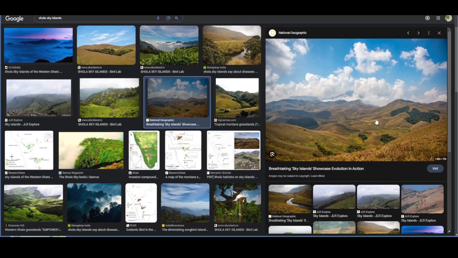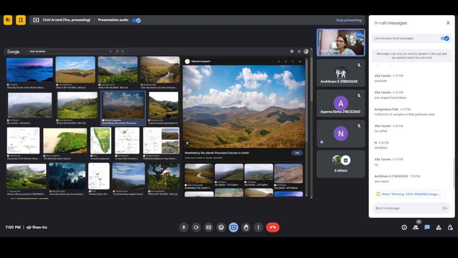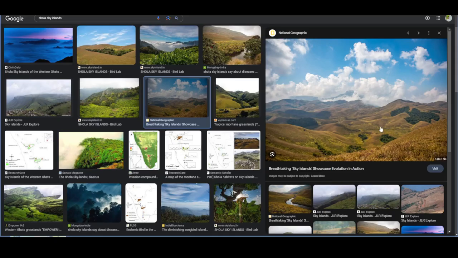Right, so can everybody see this landscape, which consists of light green, basically grasslands, and these dark green patches are Shola forests. Is this visible? Alright, so if you were to sample any vegetation in this area, if you did random sampling,